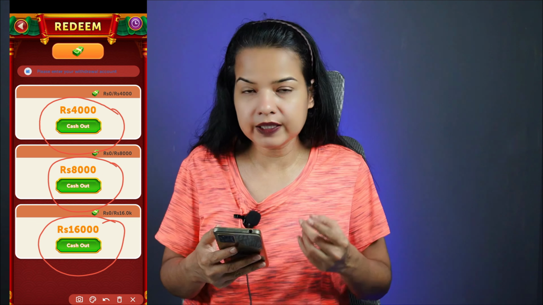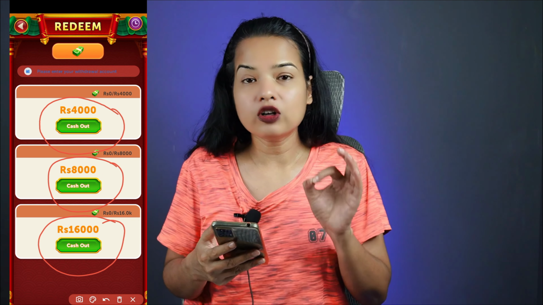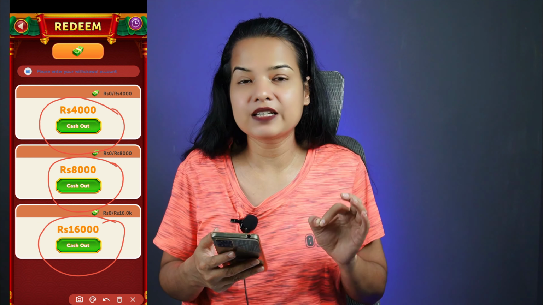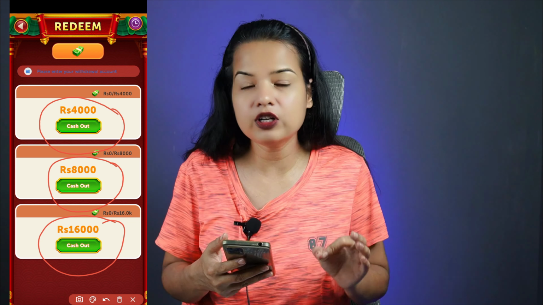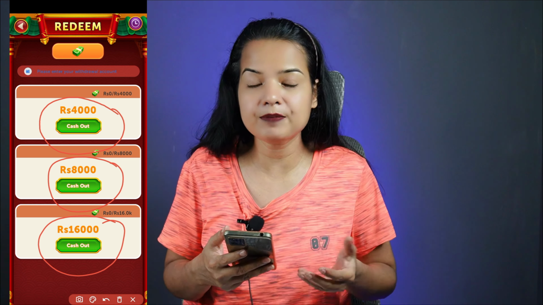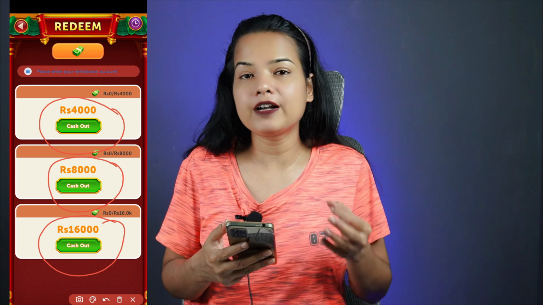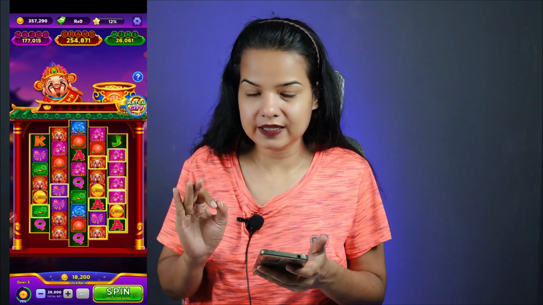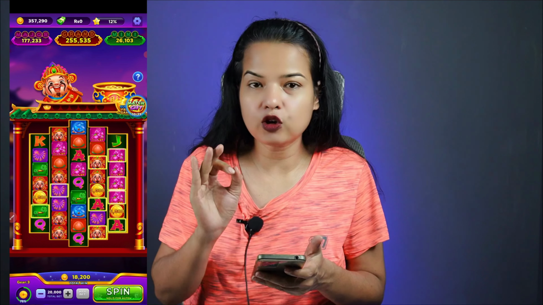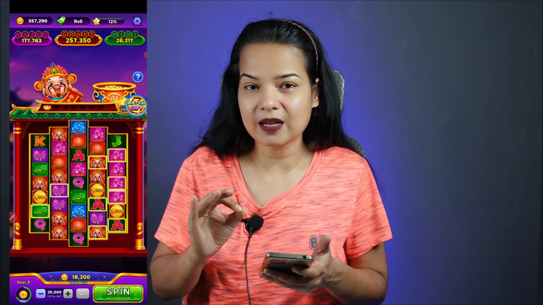And one more thing, there is no registration process on this application, and all these things indicate that this application is not real. You can only use this application for playing games, but if you use the Copper Boom application for earning and withdrawing money, then you can't withdraw it. Hopefully you understand the reality behind the Copper Boom application, and I am 100% sure that this application didn't give you any single amount.